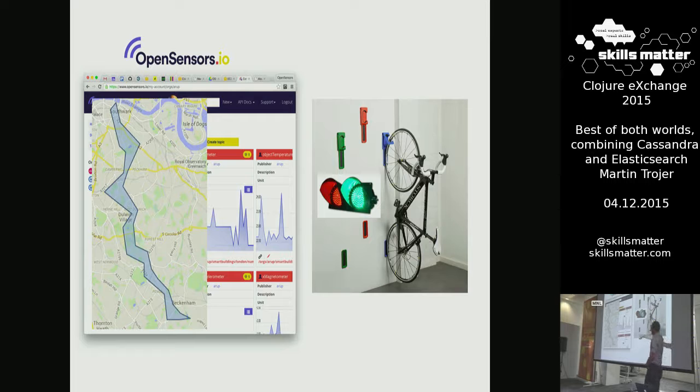So what you could do now is draw your commute on a map. Somewhere in this sausage, I will bike to work every day. Then we will collect the air quality data for that, and we will come up with one final number. Is it red or green? You put this traffic light next to your bike, in the living room, and in the morning, if it's green, okay. If it's red, okay, I need to take the bus and put my mask on.